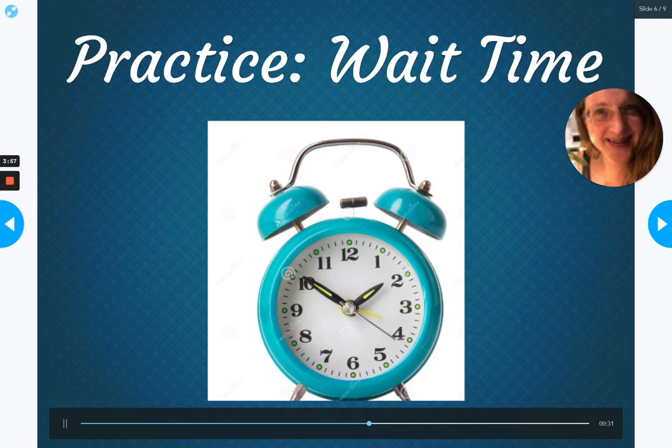Let's try it. Say I'm asking the question to my child. Why do you think the bear got in the truck? 1, 2, 3, 4, 5, 6, 7, 8, 9, 10. The bear got in the truck because